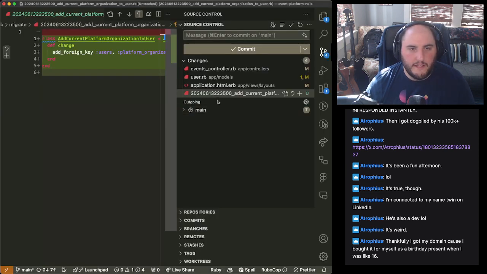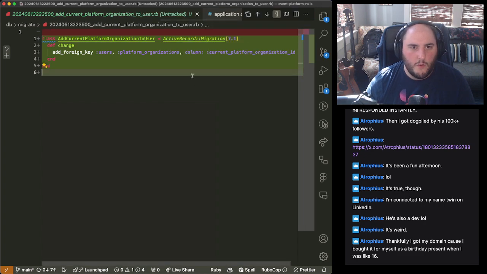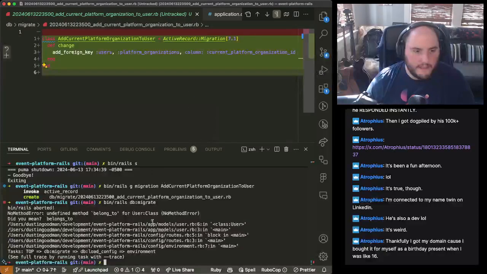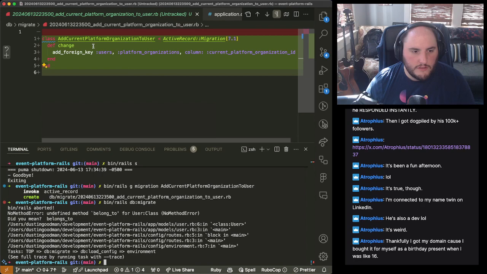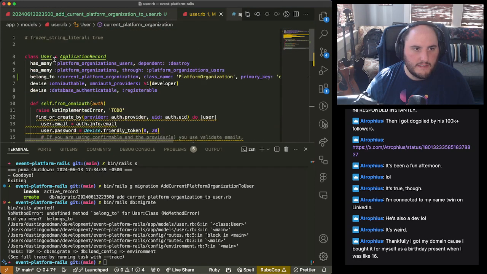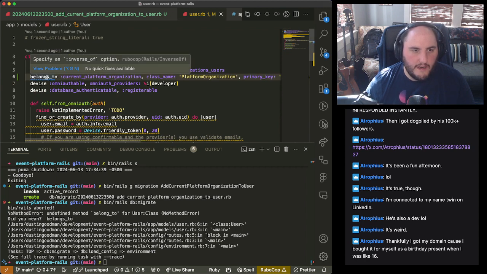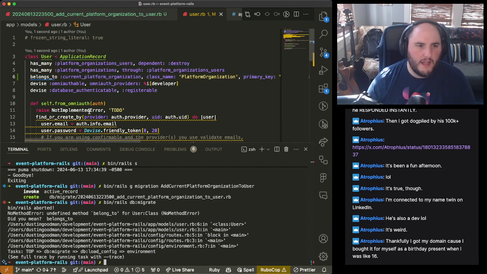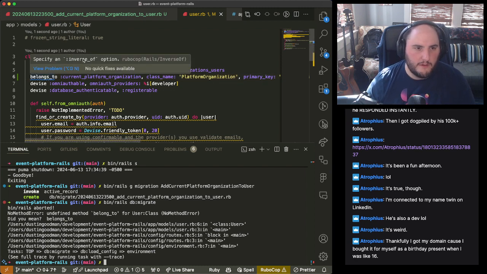And we're going to come back here and we're going to say, okay, let us continue. Undefined method belong to, and this is mad because it's not that word, it's that word. I'm curious what this is about. Rubocop, Rails, inverse of.